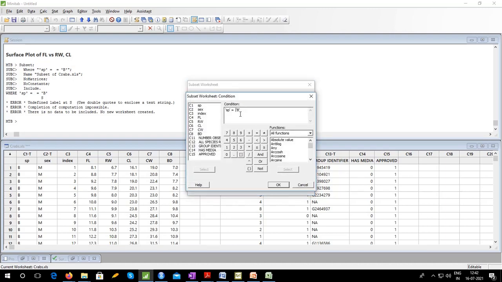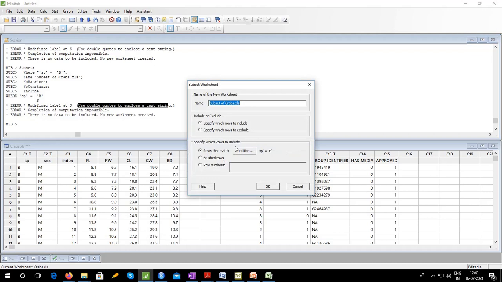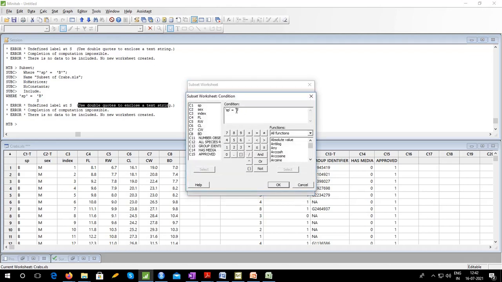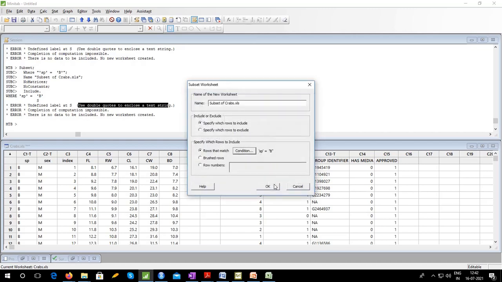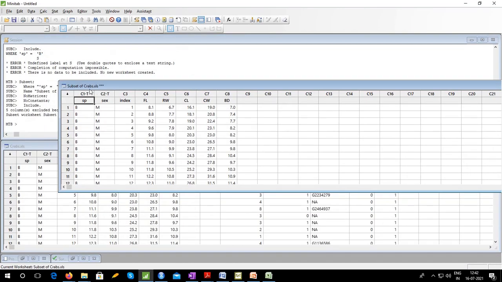I think 1 equal to should suffice. No. Double quotes. Use double quotes to enclose a text string. It is telling me, and I am not listening. See, it has created a new subset where only species B is there.